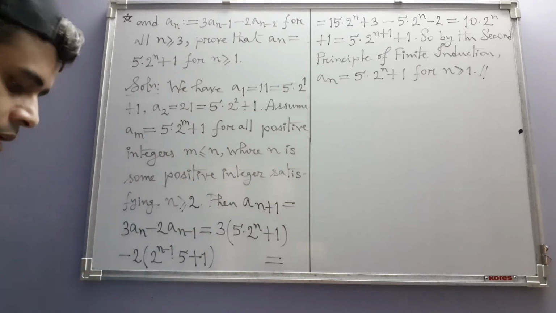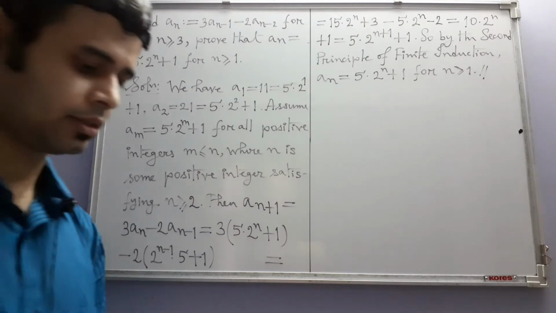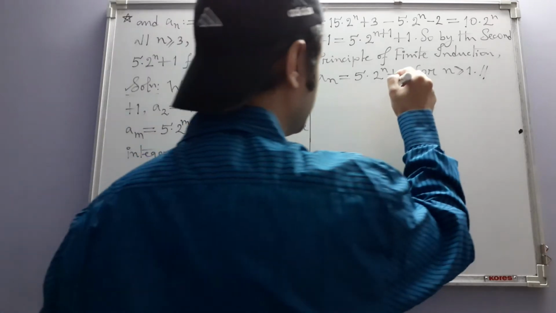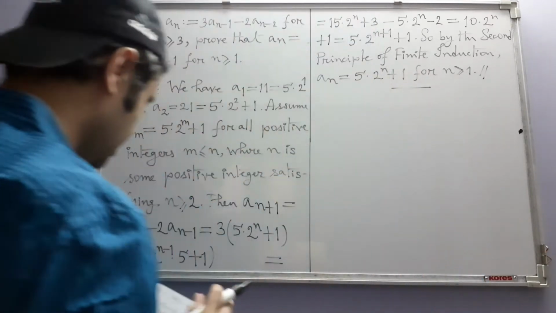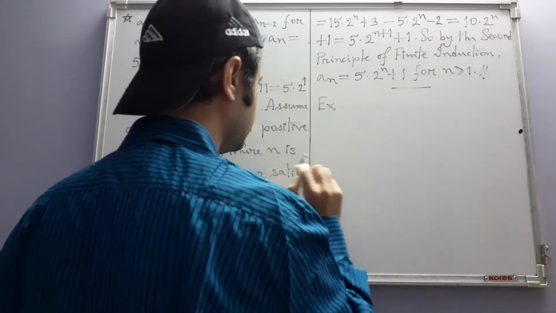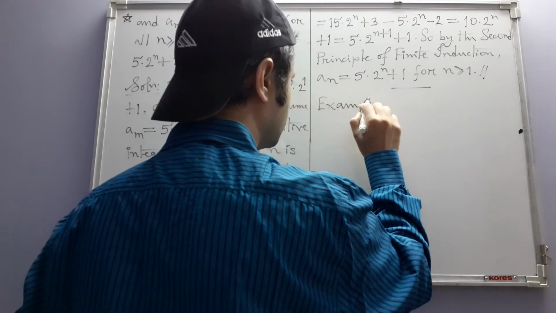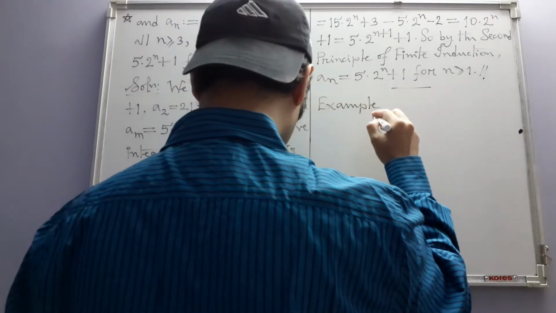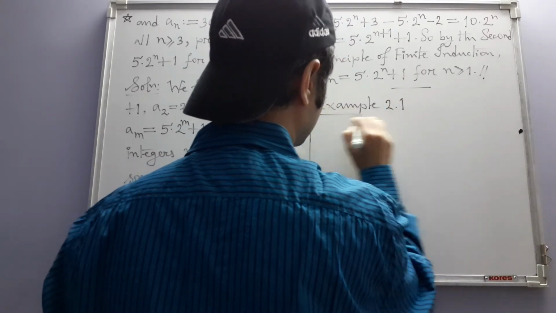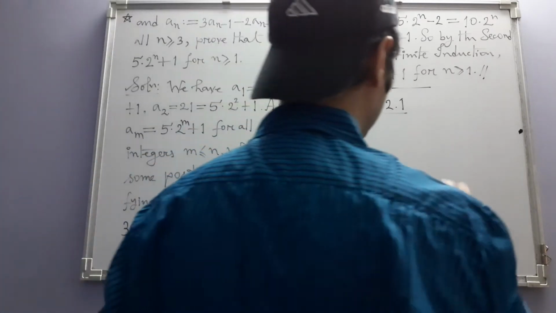Now we move to the other part, the divisibility theory of integers. Recall that there we wrongly stated one example. Let's just rectify that now. Example, this is from the second chapter. Example 2.1, which states that